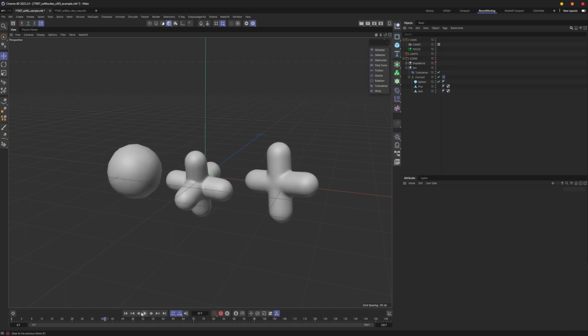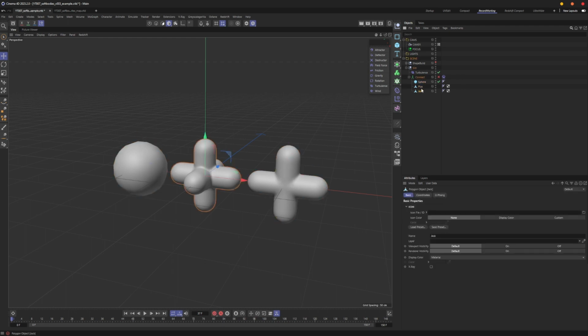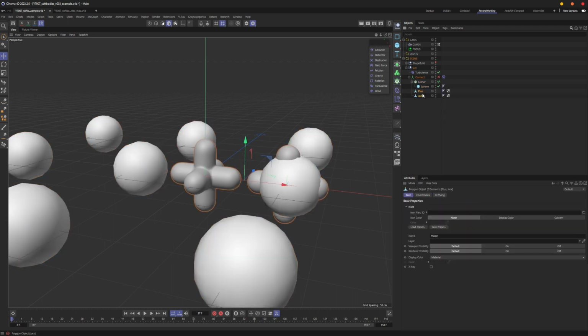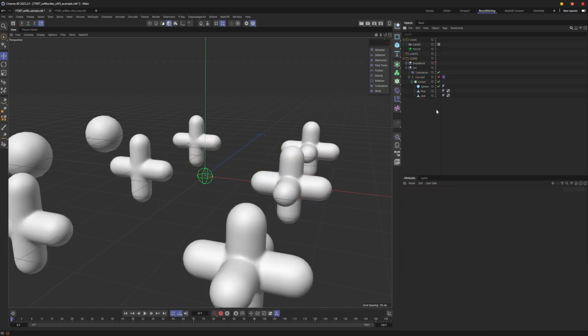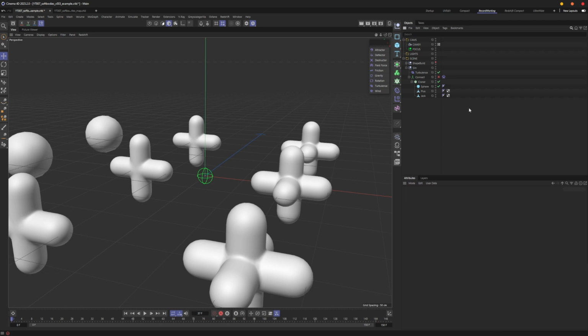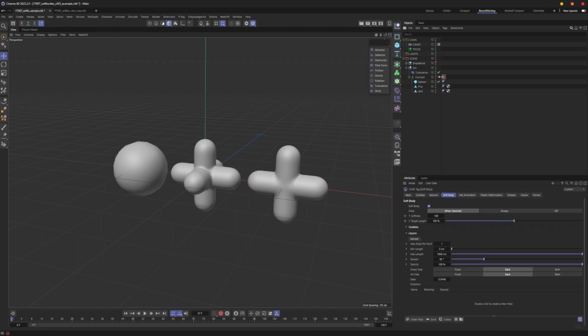So a really cool way to place the objects is I'm going to turn off this connect object here, and I'm going to go into here, and I am going to add these to a cloner object. And then what I'm going to do after I place all this stuff is go in and just explain this tag a little better. Actually, let me do that first, because we're going to need to do that with the least amount of objects possible. So with these outside of the cloner, let me just really quickly explain